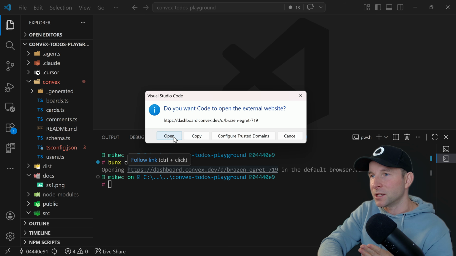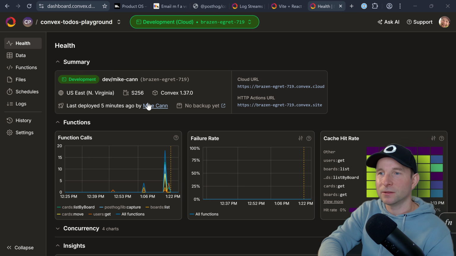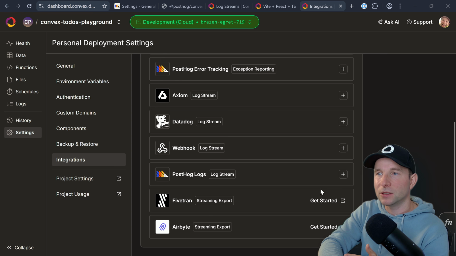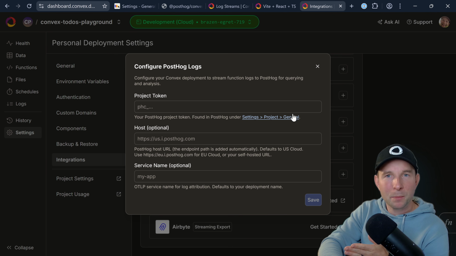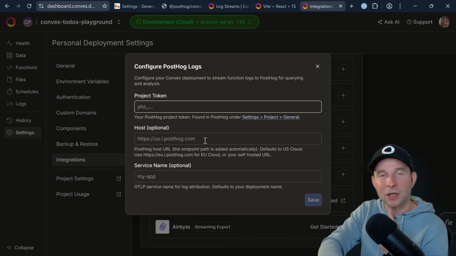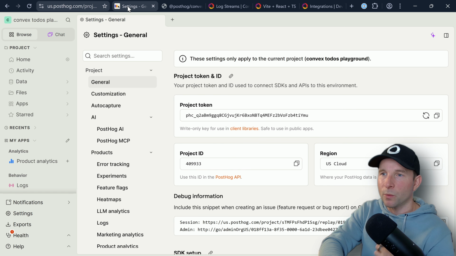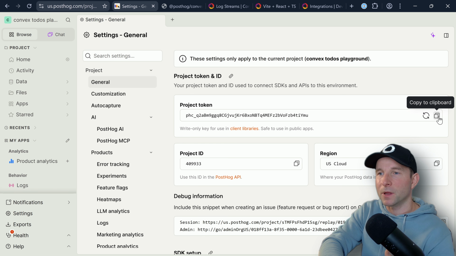My favorite way to do this is with npx convex dash. And from there, we can go to the settings and integrations section. And then we can press the little plus icon here to enable the log streaming integration for PostHog. Now, this pop-up says it's going to want a project token, so we need to get that from the PostHog